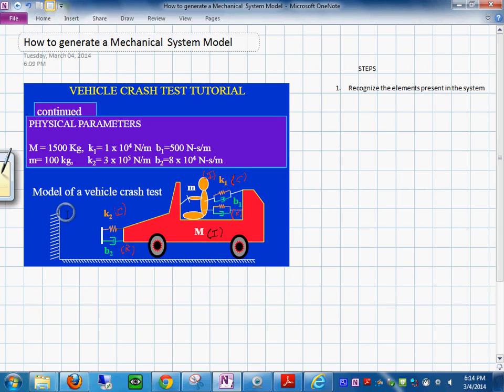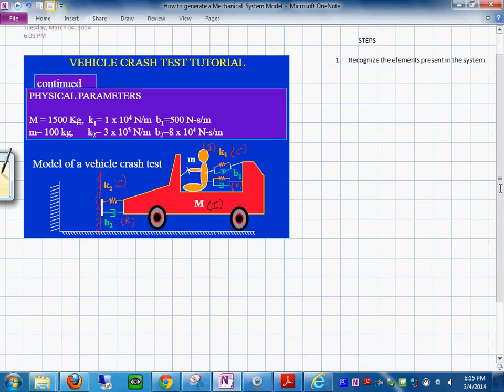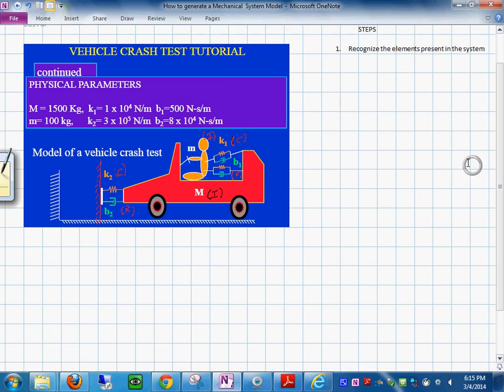We are going to do the simulation when the car hits the wall, not when it's separated, because then it would be a nonlinear system. So why don't we bring the wall to it, just so that we know where we're going to start, like this. Having done this recognition of the different elements on the system,